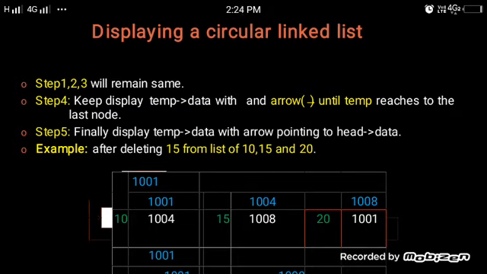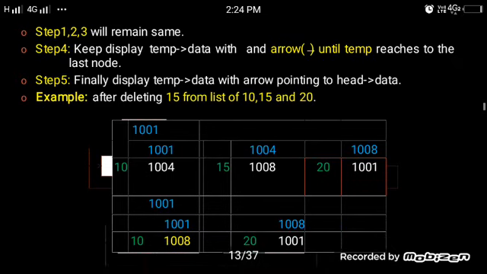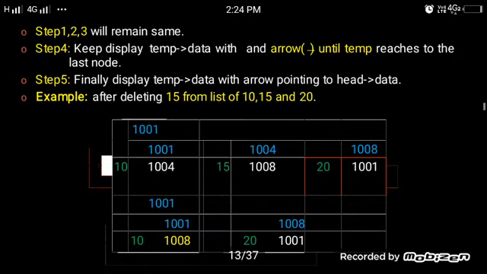For example, after deleting 15 from this list of 10, 15 and 20, the following figure shows 10 and 20. When I take an example for this, two lists will be there. One has multiple nodes, 10, 15, 20, as a circular linked list where the last one is connected to the first one.